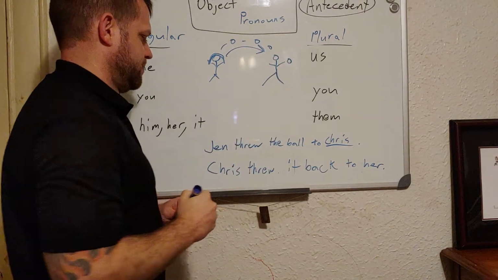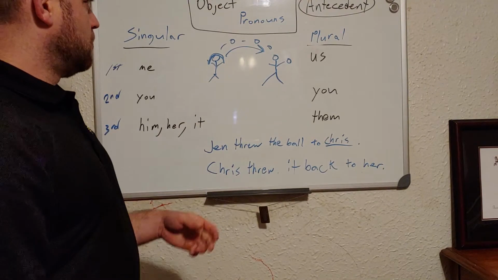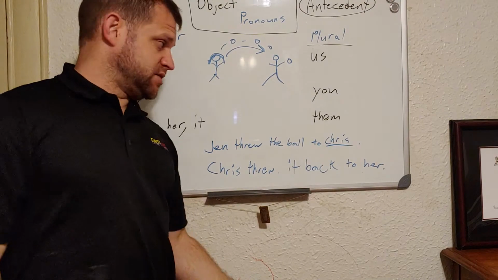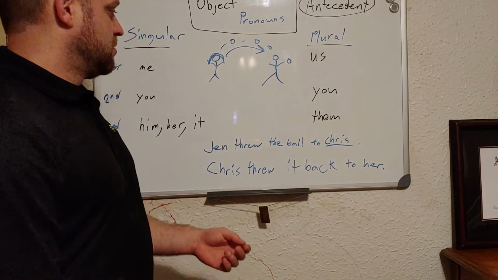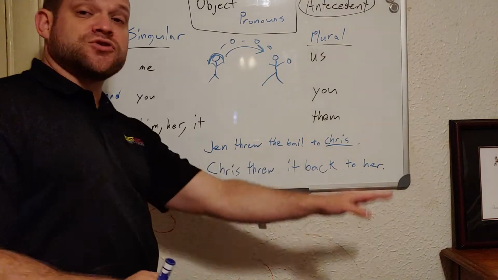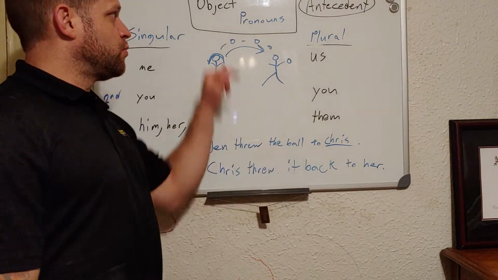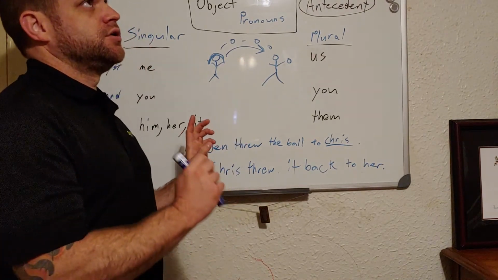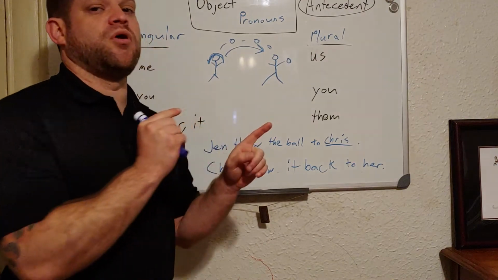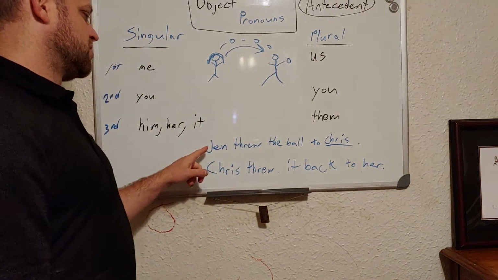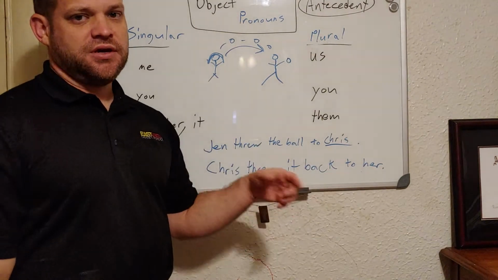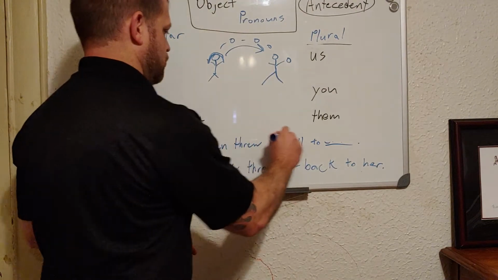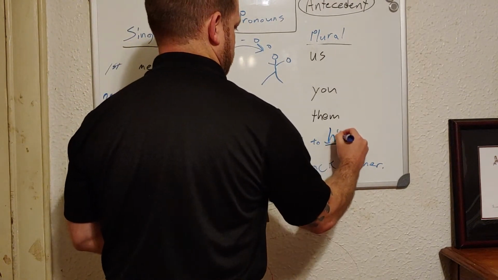And she threw a ball to Chris. Okay? So, what an object pronoun does is once you know who the object is, which in this case is Chris, then you can change it. If this was the first sentence, you probably wouldn't want to use an object pronoun because you don't know who Jen threw the ball to yet. So we're going to say Jen threw the ball to Chris. But if I told you it was Chris already, then you could say Jen threw the ball to him.